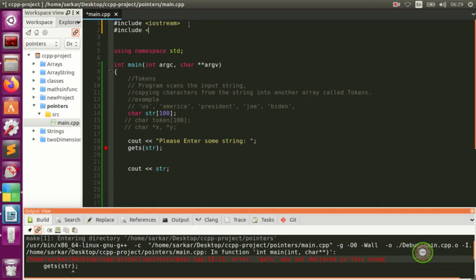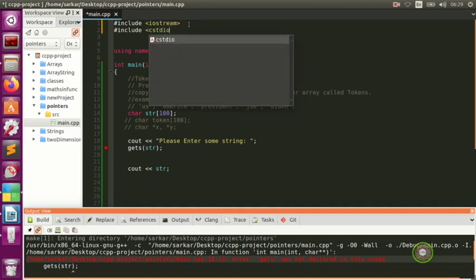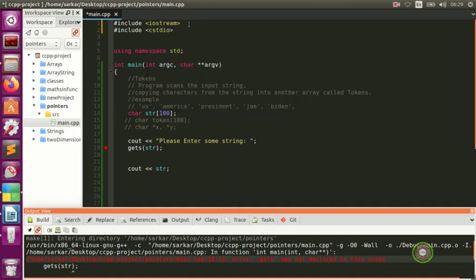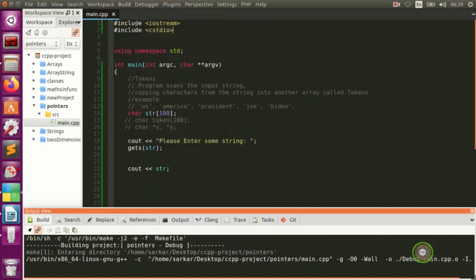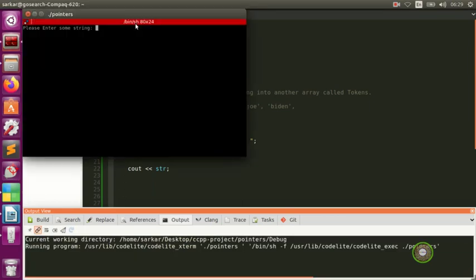And that's C standard input output, because we need to put this C standard input output, otherwise we're going to get an error. Alright, so we're going to run. Okay, so we're going to put our